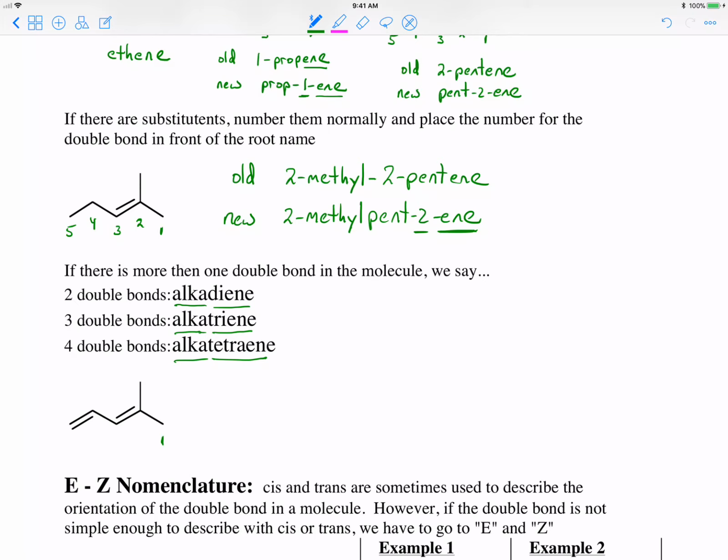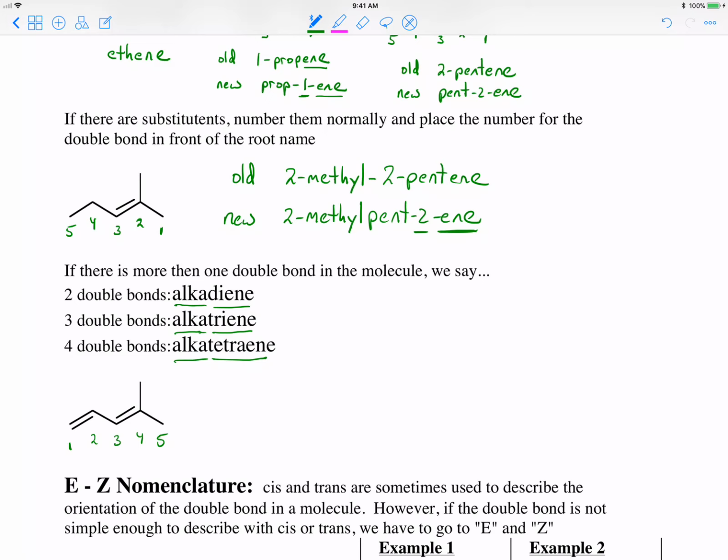Well, again, find the longest carbon chain that contains the double bonds, and I number it from the end closest to the double bonds. So that's going to be carbon 1, 2, 3, 4, 5. Even though there's a substituent closer on the other side, I number it from the end closest to the double bond. So this is going to be a